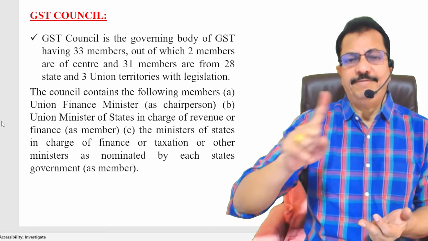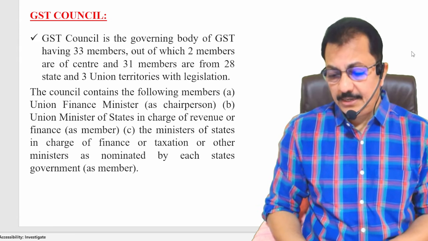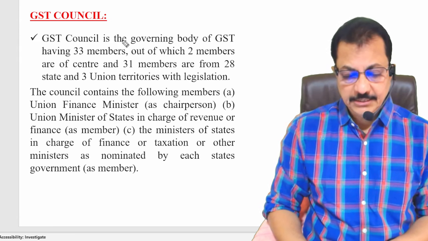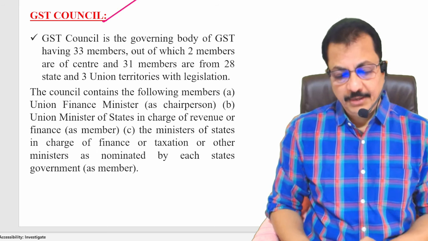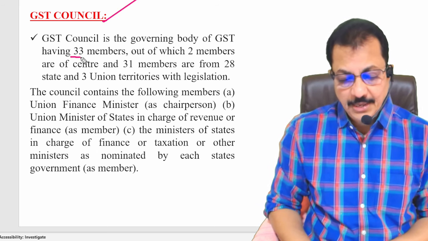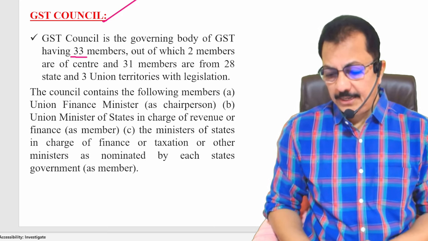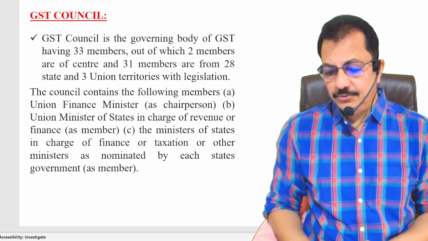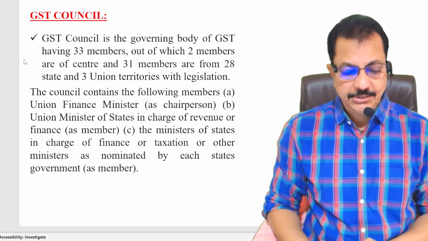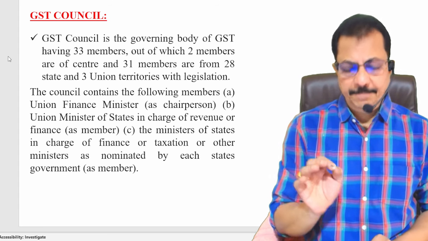The state finance ministers are all members here, and the decisions are taken collectively in this GST council. Very important one. This is a governing body having 33 members. Is that clear? So this is about the GST council, and the decisions are finalized only after it is decided in the GST